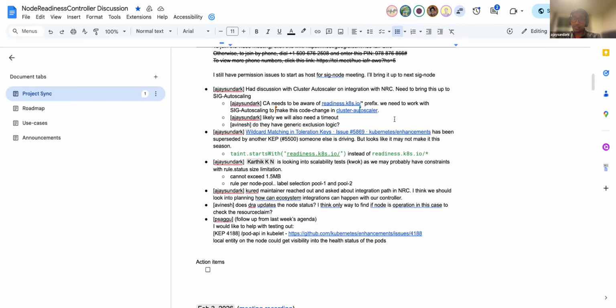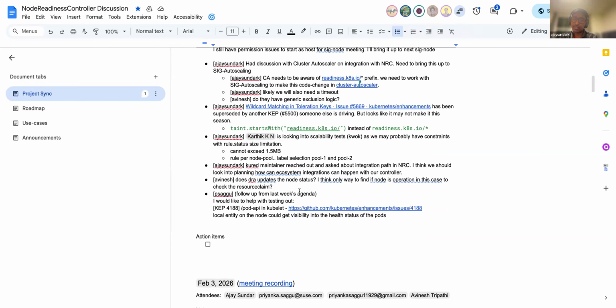Bringing everyone on the same page. I think this one is from the Slack. They reached out. The QRED is going for a V2 design, and they wanted to integrate with the node readiness controller mechanism. QRED seems to be... I'm not much familiar with it. I'm not a user of this project before, but it seems to be